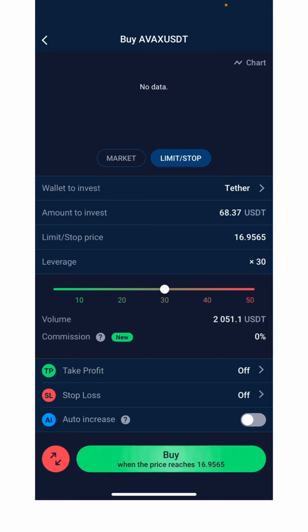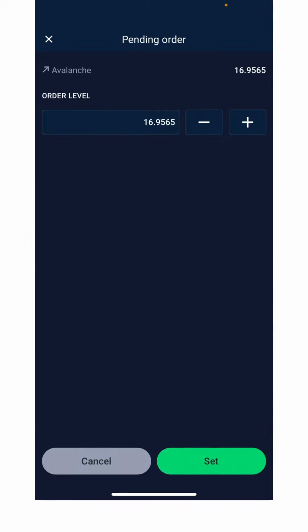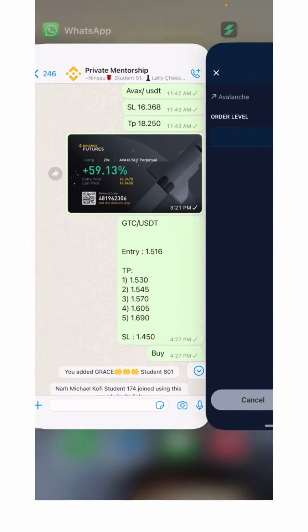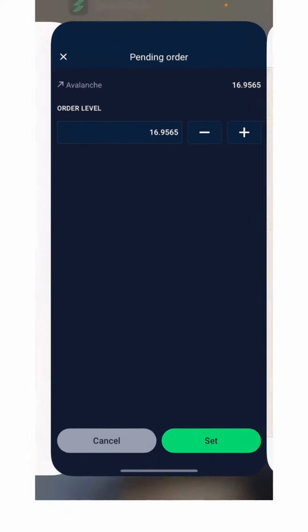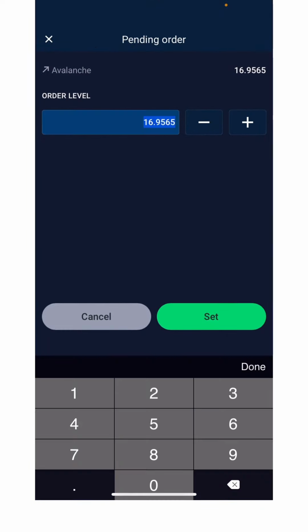So just below the amount to invest, we have limit/stop price. So click on the limit/stop price. Then you enter the entry position. You see here we have GTC USDT entry price. So you copy the 1 point this thing and come and paste it here. So let's say we are going to enter the price at this particular place. Okay, so this is where we want to enter the price. You just enter